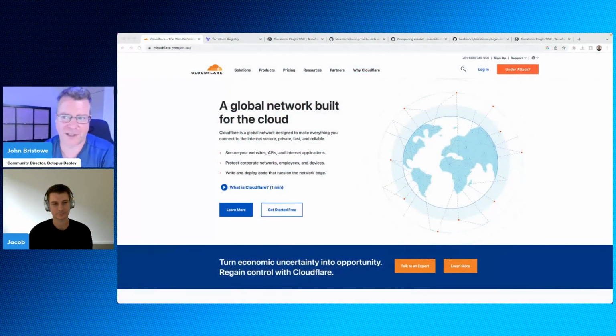That's right. So before we kick things off, maybe it might be a good opportunity for us to talk a little bit about Cloudflare. I know about Cloudflare, you know about Cloudflare, but for folks who don't, what's the elevator pitch? Yeah, so I think the landing page does a pretty good job of an overview of